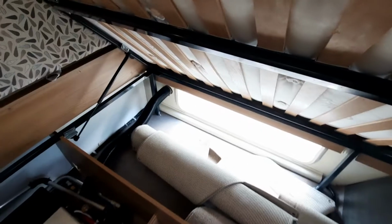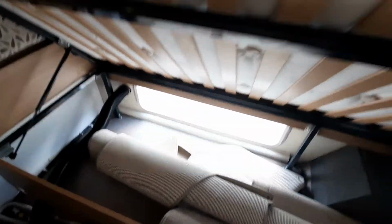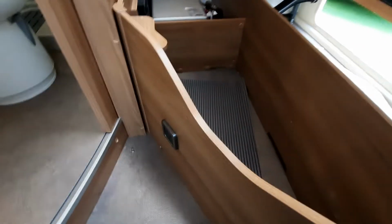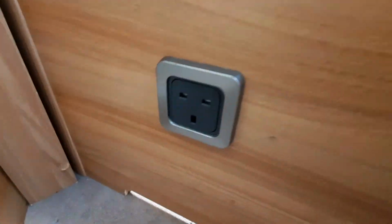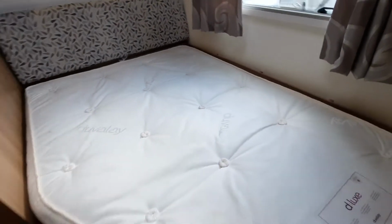Now, with the locker area open, you can see again the access from outside. We've got your carpets, we've got the front section, and just in front of the area here we have got a mains socket. These mains sockets become active once you are plugged into your mains electric. Once you've got everything from underneath your bed, you can then close the bed down